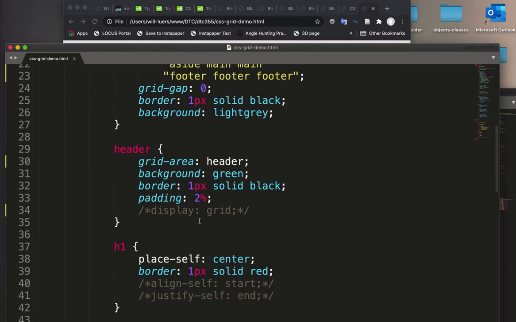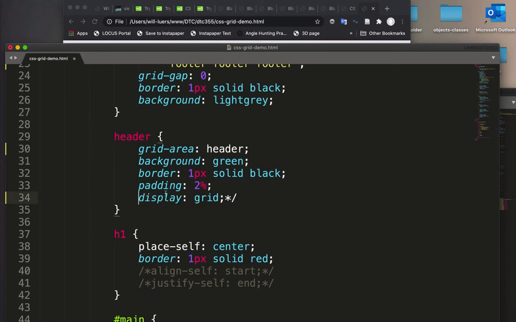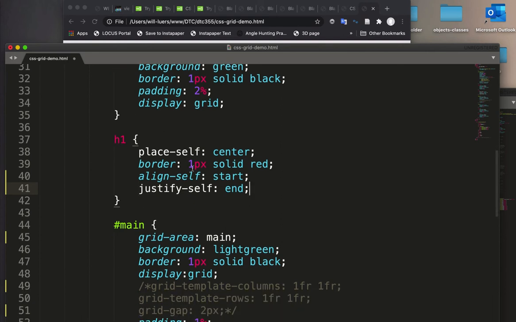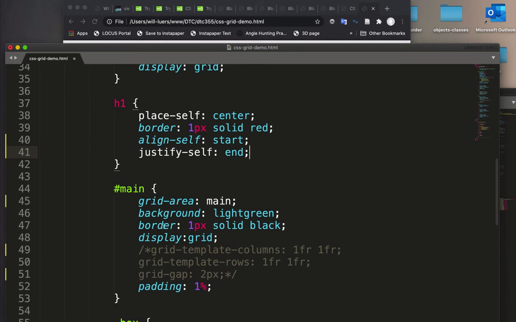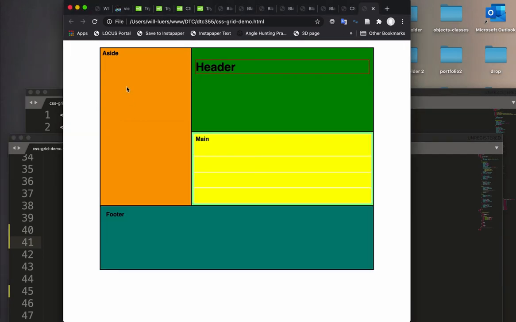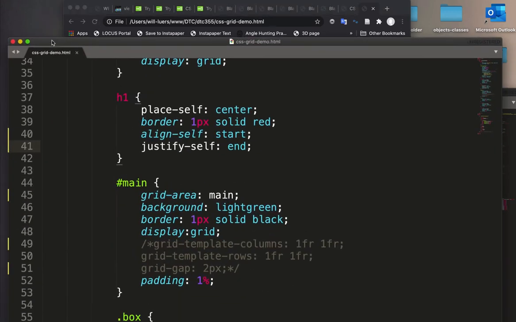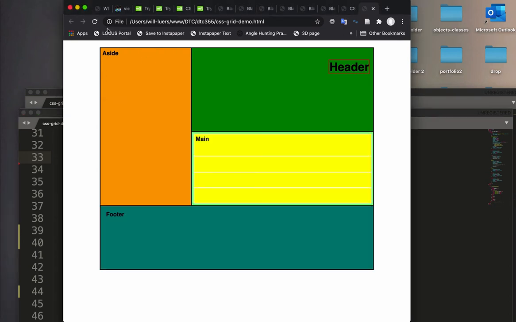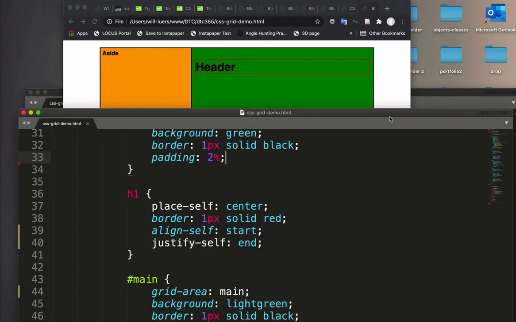Now the other thing is, I'm going to turn on some of these other things. This is align self, start, justify self, and these are a little bit of things that are actually flexbox. But I can just show you they create a centering of the, well, just a second. I don't know why I have that there, frankly. I think it was probably to put the H1 in some place, but